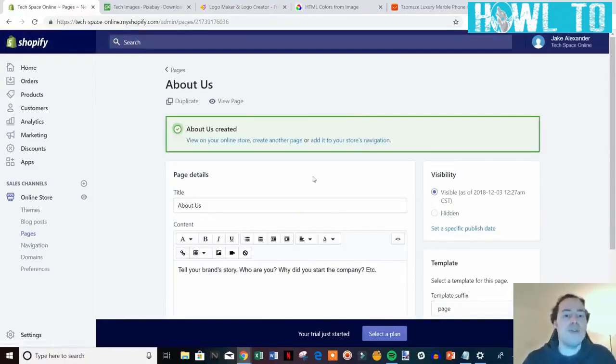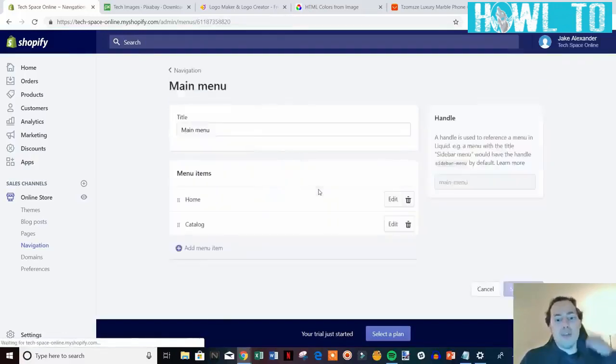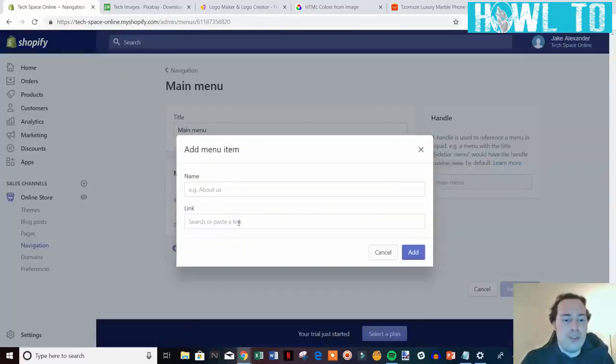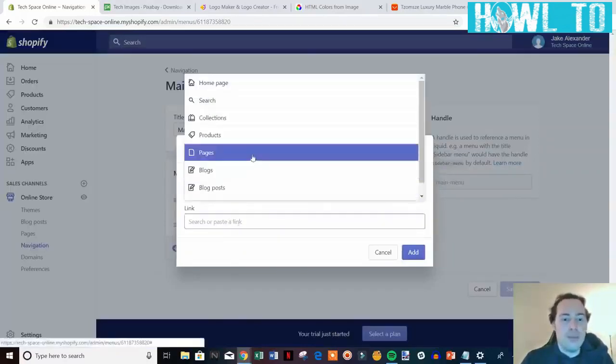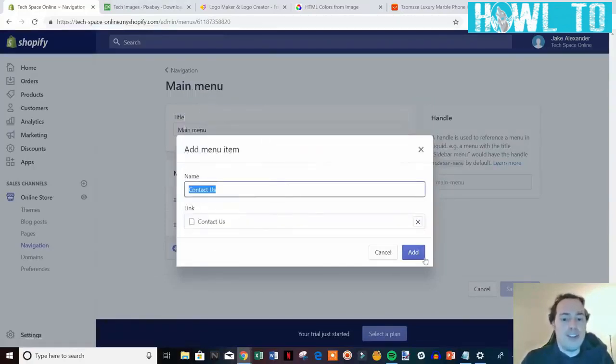And now what we're going to go ahead and do is add our pages inside of a menu. So we're going to come down here below pages and click on navigation. And you can see here we already have 2 menus created by default, and we're going to go ahead and stick with these 2. So the first one here, we're going to edit our main menu. So we're going to open this up, and you can see down here we can click add menu item. So I'm going to click right here, and then we can go to pages, and now we can browse the pages we created. So normally I like to put the contact us link in the main menu, so we can hit add,